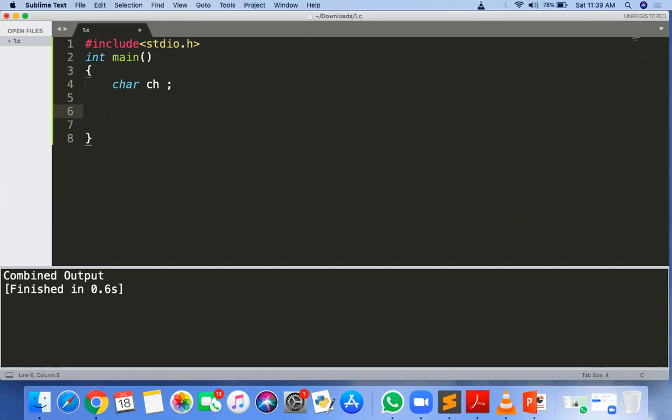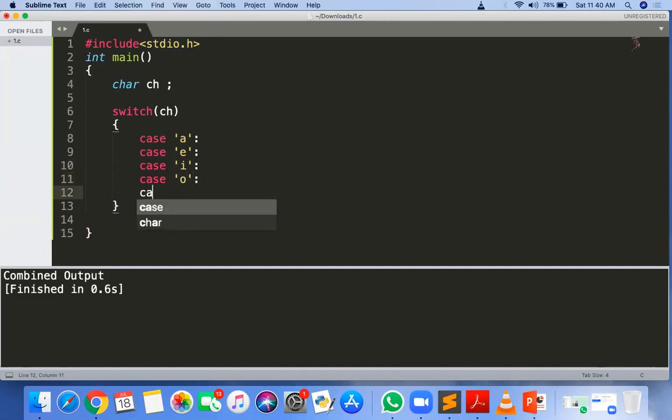So we are switching this CH for the different cases. The very first case is A. Second is E. Then I. Then O. Then U.